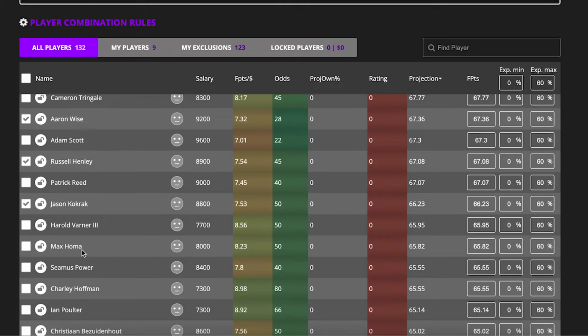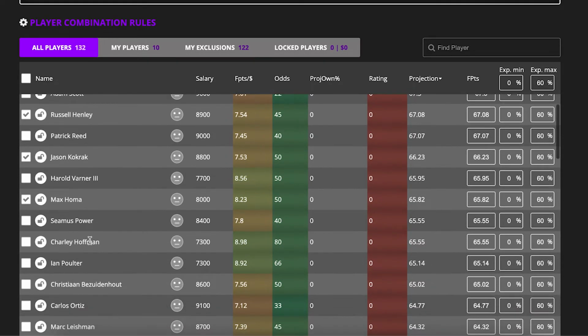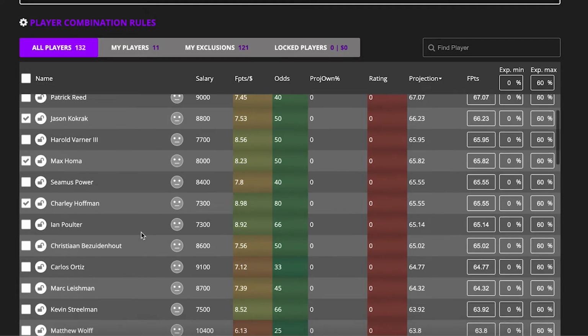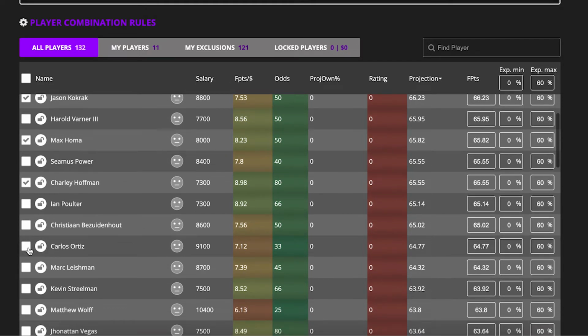Been a little more bullish on Max Homa, 8K. I don't know. We'll click them for the GPPs. I do like Charlie Hoffman this week, 7,300. I'm going to avoid Poulter and Bezuidenhout. Again, maybe I need to start filling some stuff back in and we get back up, but it doesn't fit the exact guy that I'm kind of looking for